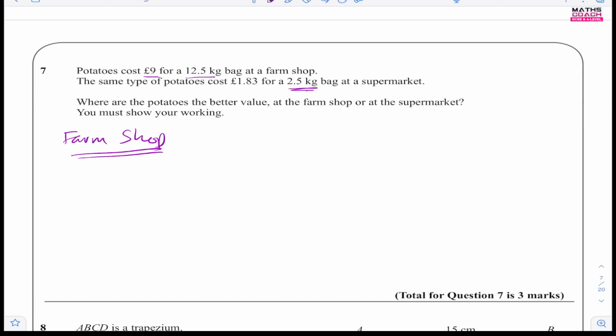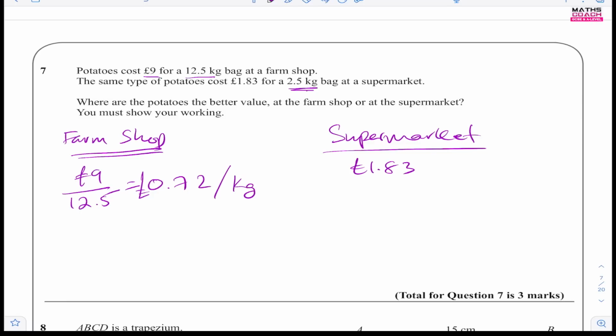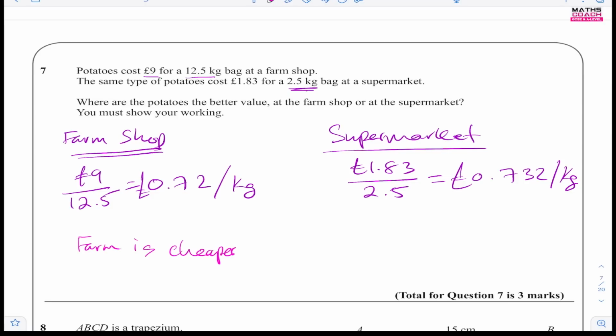So at the farm shop, you are paying £9 for every 12.5 kilos. So you just do 9 divided by 12.5. And that gives you 0.72. So you're paying £0.72 per kilogram. At the supermarket, you're paying £1.83 per 2.5 kilograms. So £1.83 divided by 2.5 gives you 0.732 per kilogram. So the farm shop is cheaper because you are paying 72p per kilo, whereas at the supermarket, you're paying